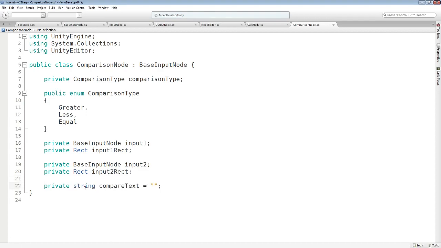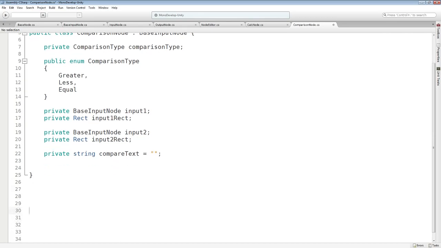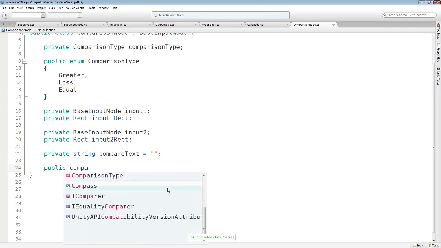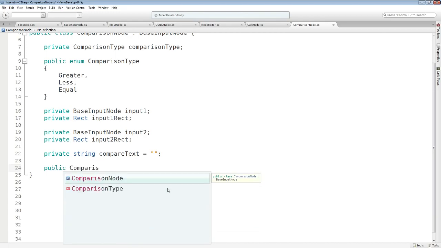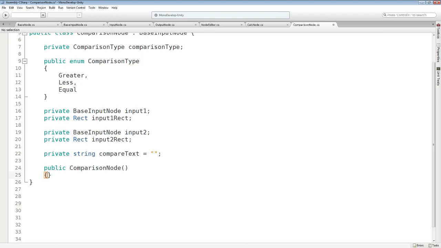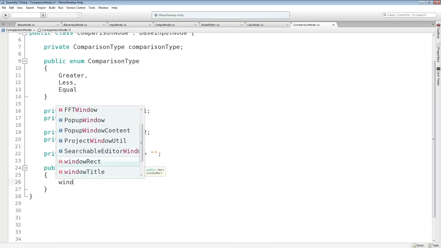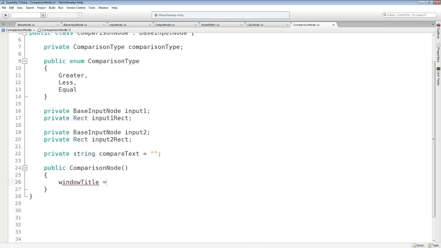Next we want a string for our result, or for our compares text. Next we want to do the same as before, comparison node to our constructor. We give it a default name,